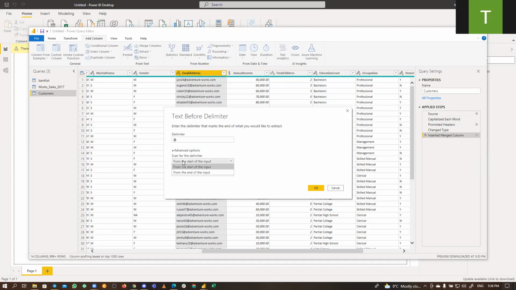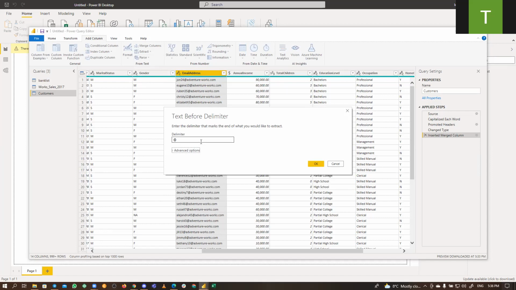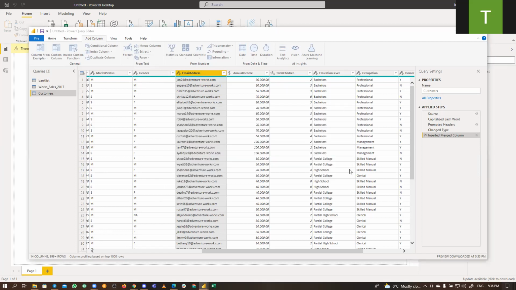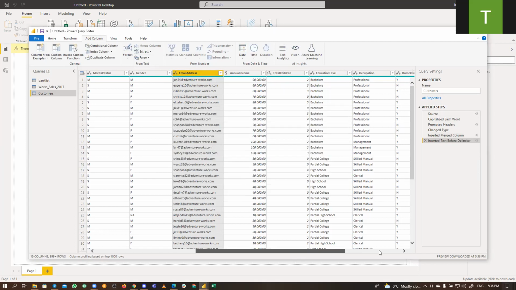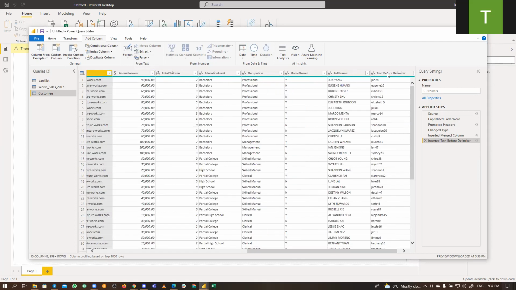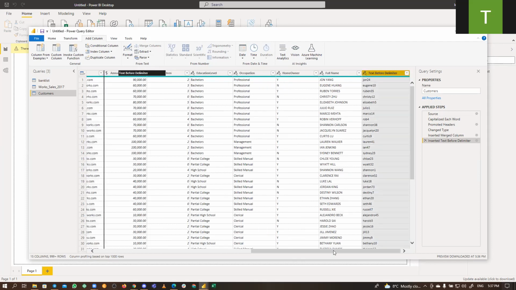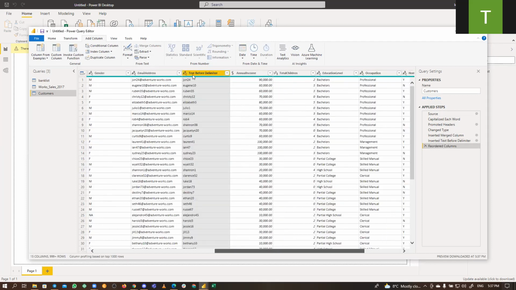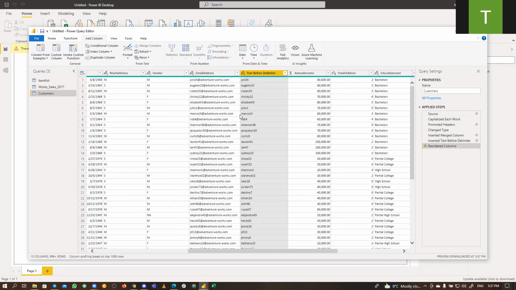So we don't need this now. Let's just go with add, and I click on OK. So what happens is it creates John. You can see it creates all the usernames, irrespective of the number of characters, it took everything before the at sign. Let me bring them side by side so that you can see. You can see John 21, this is the username, this and that.